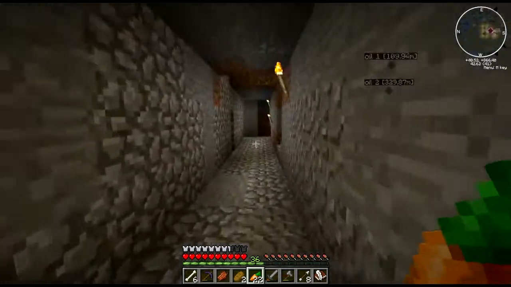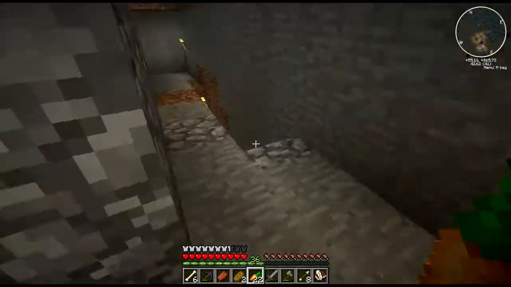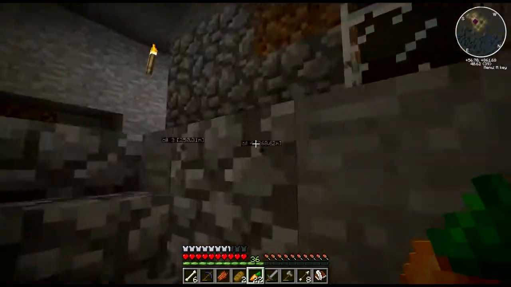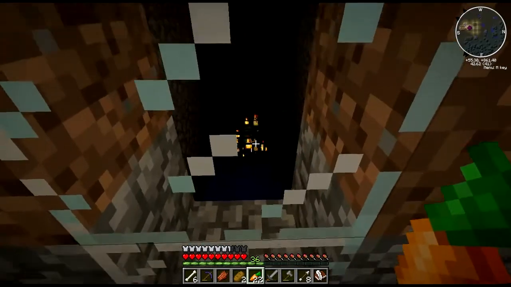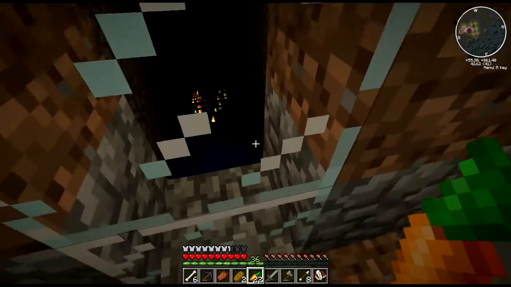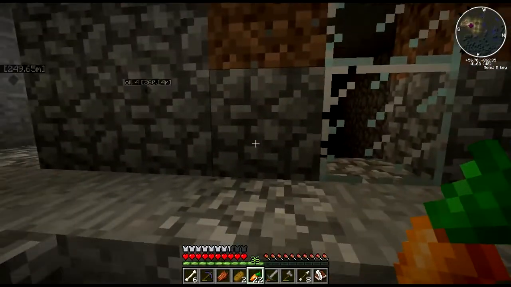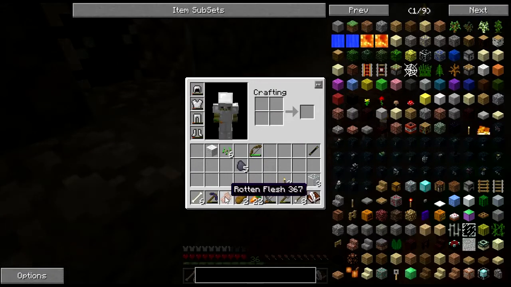When I was digging out these stairs, there was a water flow here. Yeah, that's what's happened. The water flow needs to go down there and pushes them down. So that's my mob farm for rotten flesh, which is